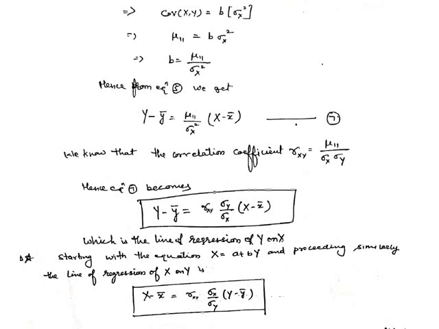By proceeding in a similar manner and starting with the line x equals a plus by, now read this carefully: here we are taking x as the dependent variable and y as the independent variable. If you set x equals a plus by and proceed in the similar manner, we get this one, the line of regression of x on y. If you compare these two equations, the one of y on x and this one of x on y, the difference you can easily pick: it is sigma y by sigma x for y on x, and here it is sigma x upon sigma y. It is the easiest way to learn this equation.